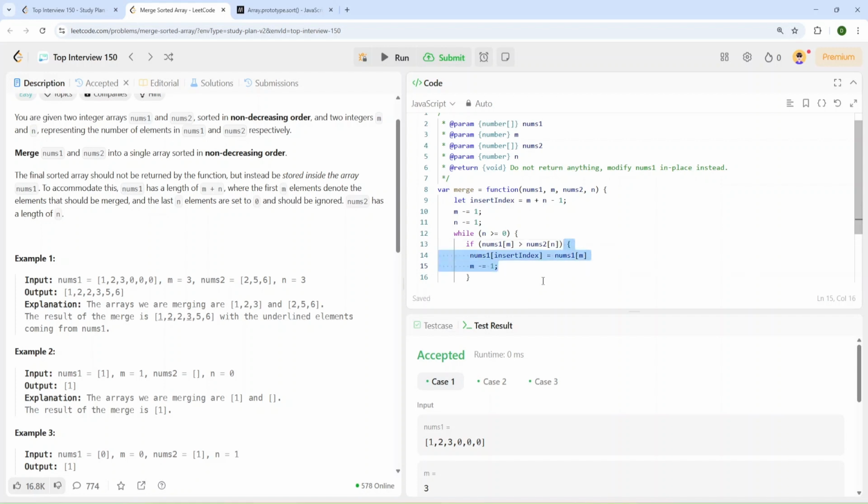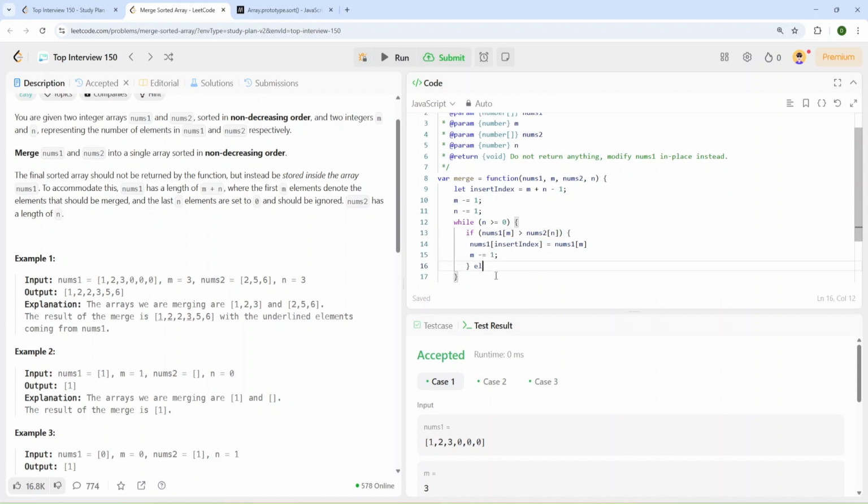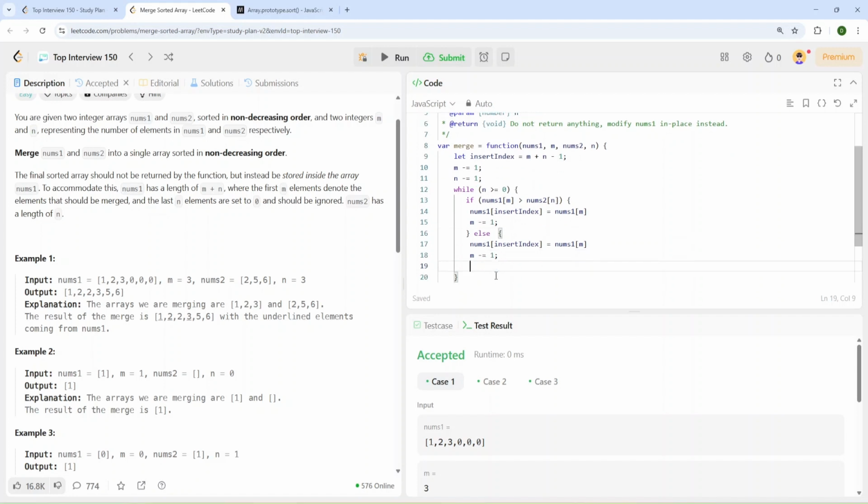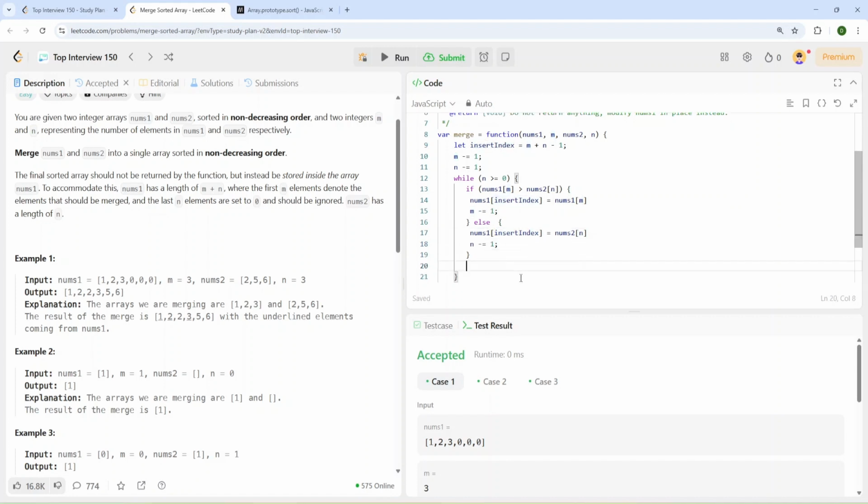Okay, and in else we can add nums2[n] to our insert index, and decrease n by 1, and at the end we need to move one step back in our array, so let's just decrease our insert index by 1.